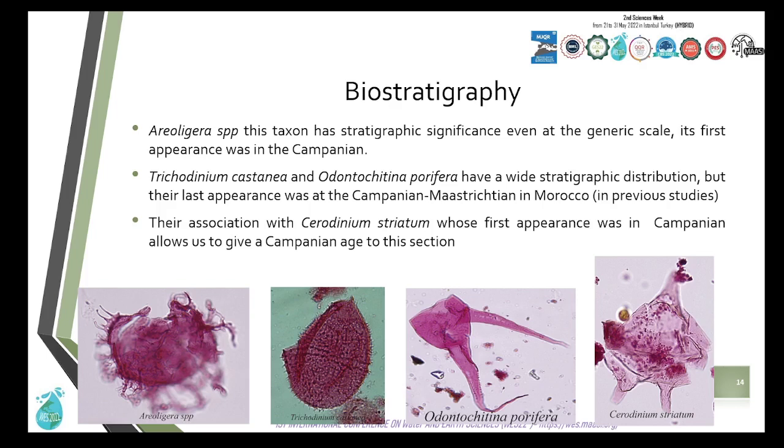In conclusion, Areoligera spp.: this taxon has stratigraphic significance even at the generic scale. Its first appearance was in the Campanian. Trichodinium castanea and Odontochitina porifera have a wide stratigraphic distribution, but their last appearance was at the Campanian-Maastrichtian in Morocco. Their association with Cerodinium striatum, whose first appearance was in the Campanian, allows us to give a Campanian age to